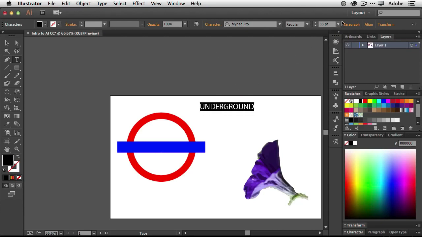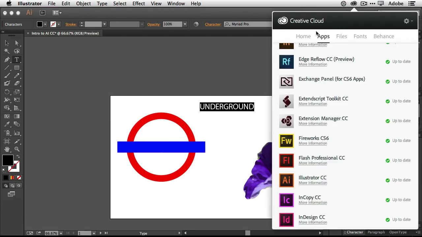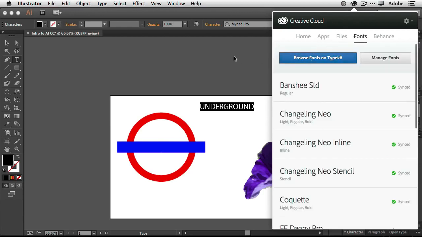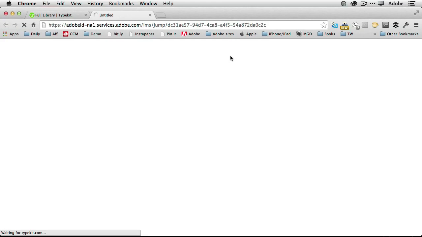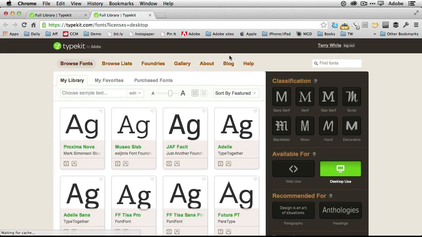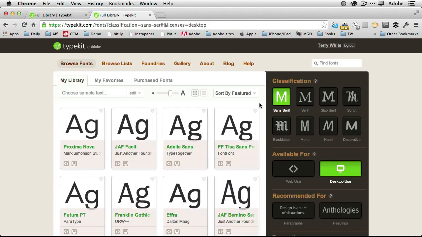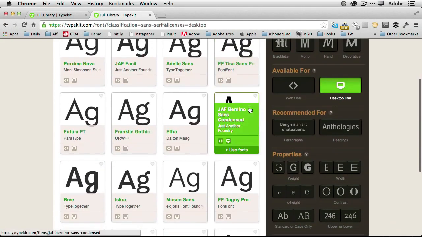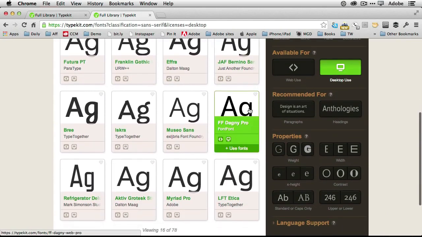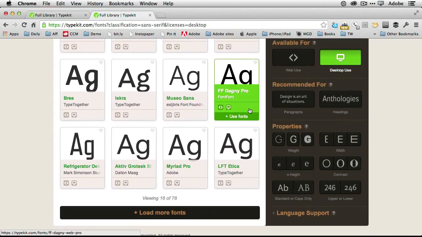But luckily, it's easier now to go get one, and that is because I'm a Creative Cloud member. I can go to Creative Cloud in the Creative Cloud app, and I can say, go to my fonts and browse fonts on Typekit. That will take me to the Typekit library on the web, and I can then search for the kind of font I want. I want a sans serif font, so that will narrow it down to just my sans serifs, and I can pick a nice underground looking font. So for example, maybe I want,